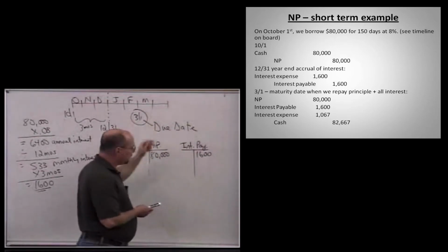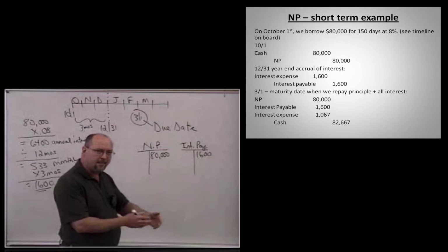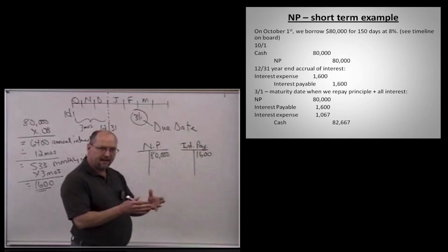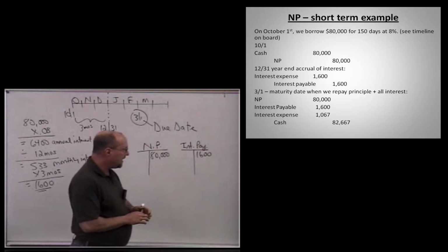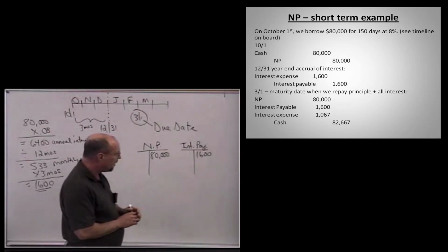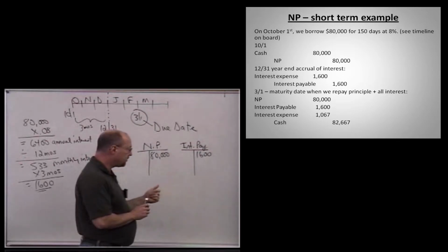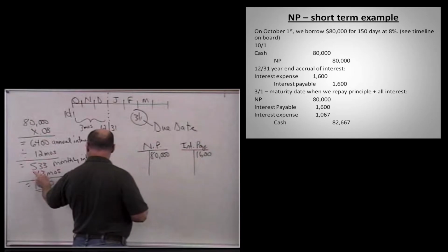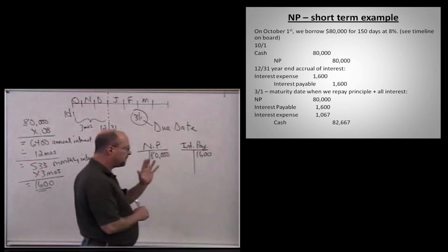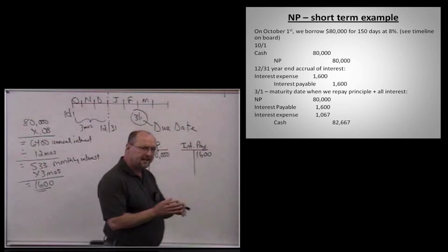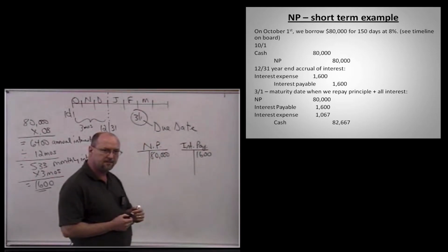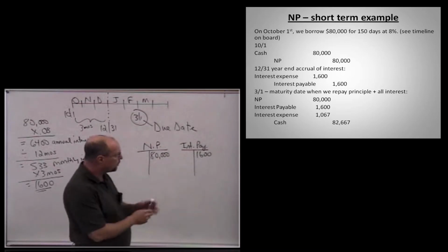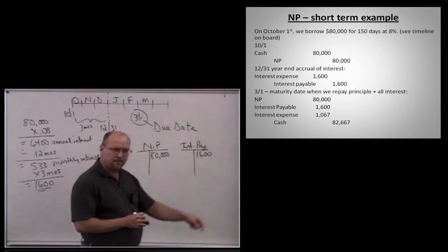Okay, well on March 1st, the maturity date, the due date, we pay back everything. The principal, $80,000, plus the total of 5 months worth of interest. Okay? And so let's take a look at the journal entry on March 1st. We're going to pay back the note plus 5 months interest. If you multiply $533 times 5 months, it comes to, and I rounded, $2,667. Okay, so here's how we record the journal entry. I'm going to cut a check to the bank for